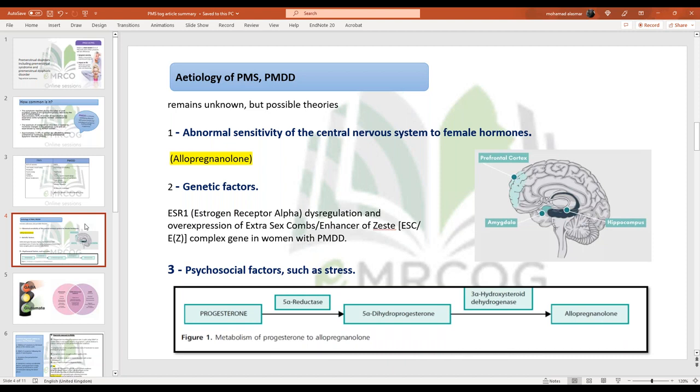Okay, so I need to comment in short about each one of them. The abnormal sensitivity of the central nervous system to the female hormone is mainly towards one of the metabolites of progesterone. And if you can see here, guys, with me down there,